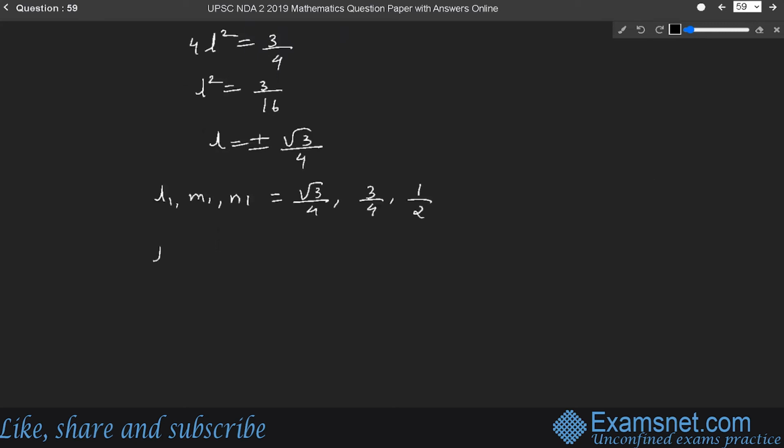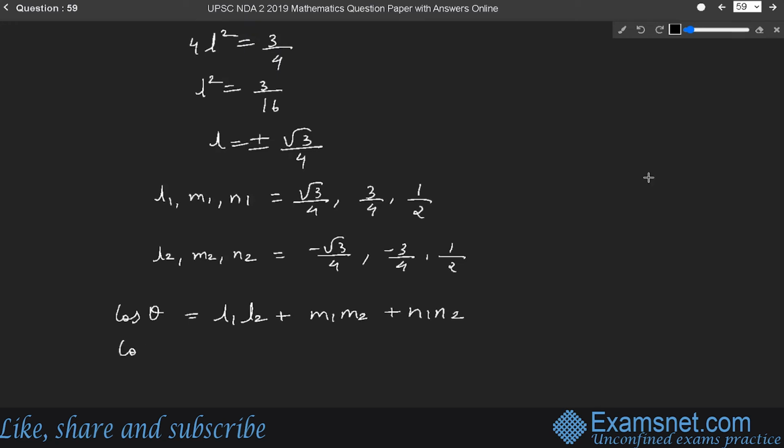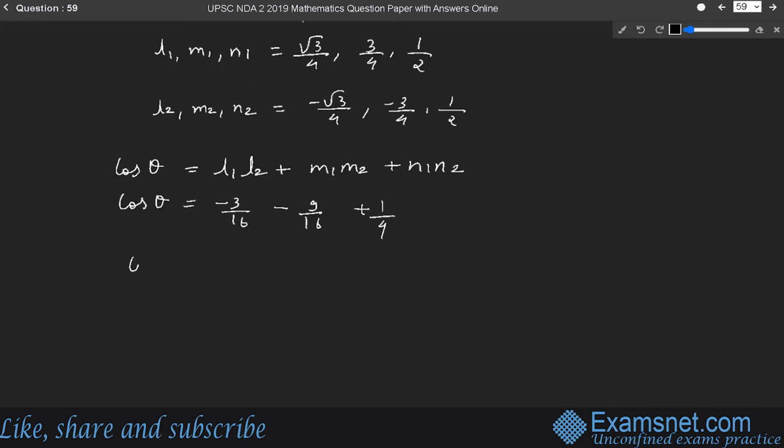Also, L2, M2, N2 is equal to minus root 3 by 4, minus 3 by 4 and 1 by 2. We know that cos theta is equal to L1 into L2 plus M1 into M2 plus N1 into N2. So cos theta will be equal to minus 3 by 16 minus 9 by 16 plus 1 by 4. On further adding this value, cos theta will be equal to minus 3 minus 9 plus 4 divided by 16,